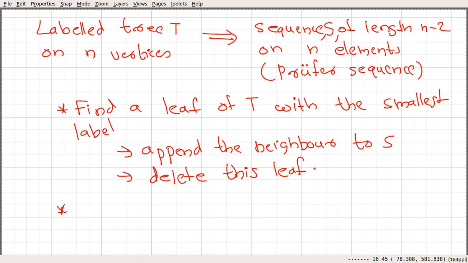After deleting this leaf we get a new tree, and we will do the same kind of thing in that new tree. Again in that new tree we will look for a leaf with the smallest label, and we will append the neighbor to S, and we will delete that leaf, and we continue. We continue until we are left with a tree containing 2 vertices. So repeat